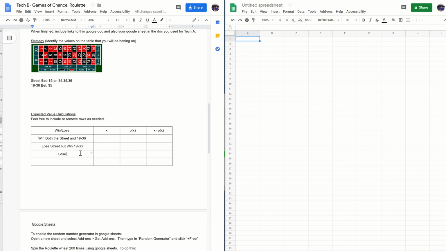And the other one is just lose, because if it's not one of these two scenarios, then I lost. There is no way to win the street but lose the 19 to 36, because the street is in that set already. If I win the street, I automatically win the other thing. All right. Now a street bet